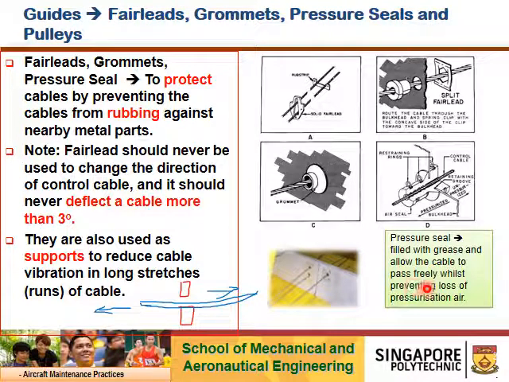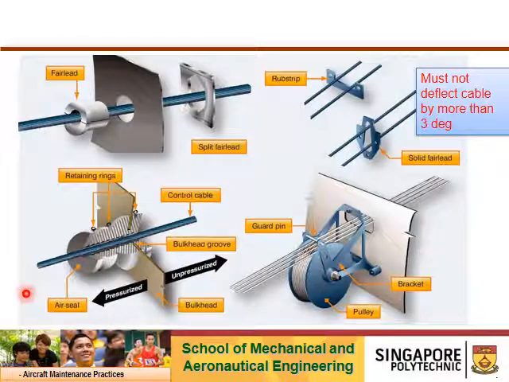Okay, fairleads and grommets are open, so-called not enclosed. They may allow air to run through. So if you have pressurization, you need to prevent the loss of pressurization air. You will need to have a pressure seal used. So the pressure seal itself is actually, this illustrates a better picture on the fairleads, and this is the air seal type of pressure seal fairlead, where